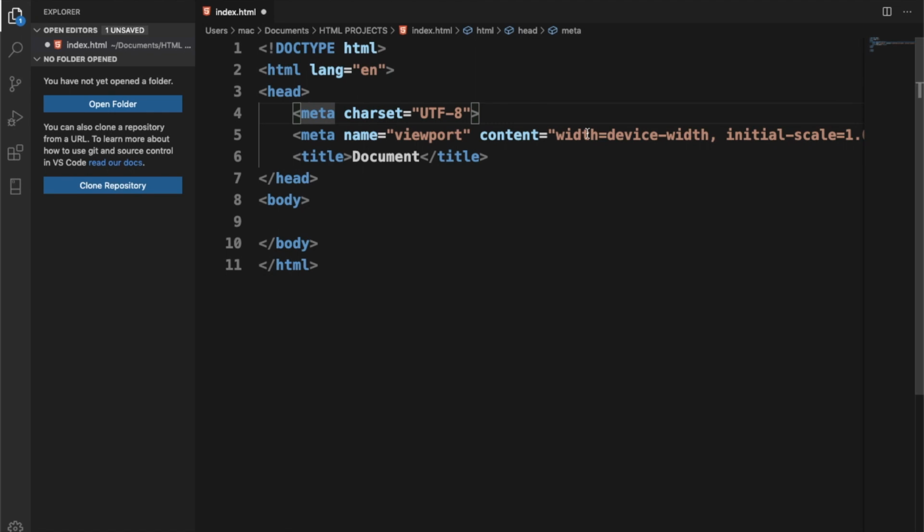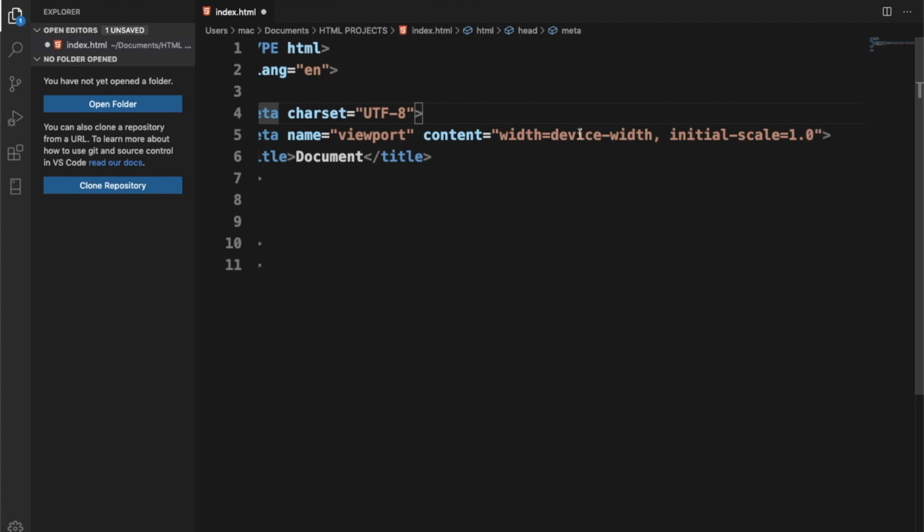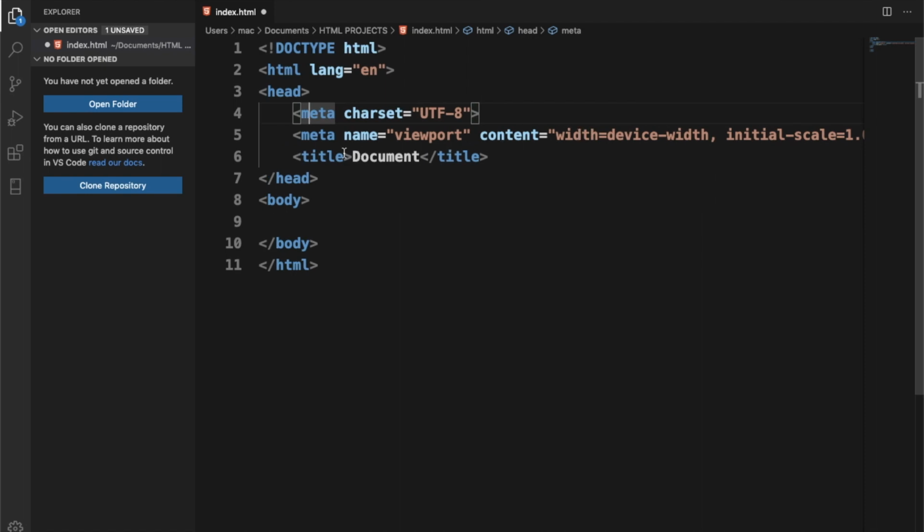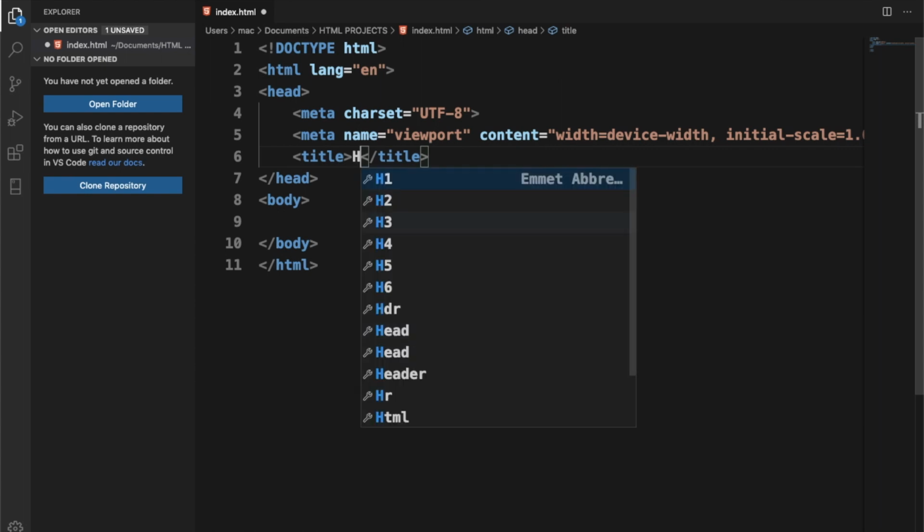It makes the content of the web page fit in nicely for mobile display. It doesn't necessarily guarantee that all your contents like images and other elements will be automatically responsive when you put that feature. You have to do some workaround on those elements as well, but this sets the tone for it. It gives it the mobile rendering. Okay, so this is the title here. You can see title document, so you can go ahead and change the title to what you want. I think I might want to change this to, let me just call this HTML